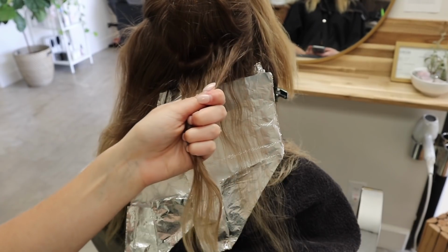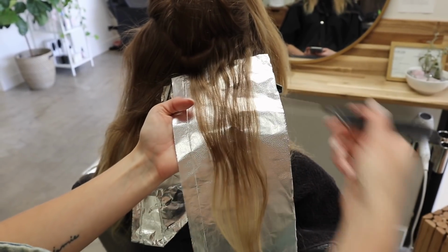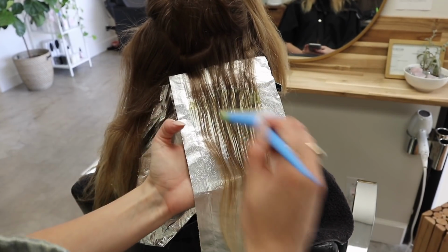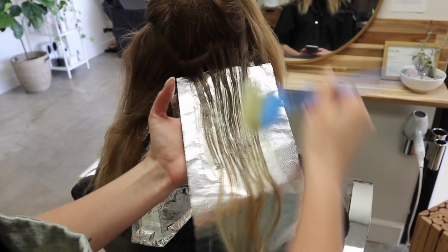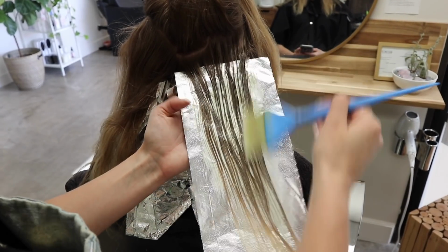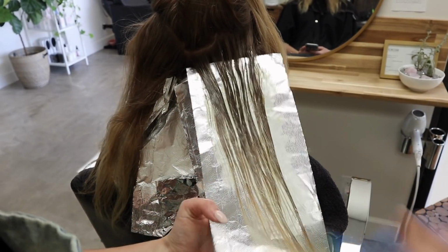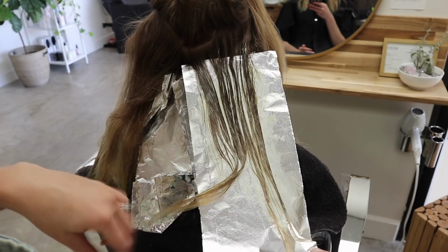Now I'm not going to take this all the way down to the ends because I still want there to be brightness on her ends. You guys can see there's just a little bit of warmth in there, and she wants to be pretty ashy, so I'm going to make sure to get rid of that warmth. I'm using Colorants 7NA from Goldwell, and I'm just going to feather it down into here. I'm not going to, again, do it all the way through the ends, but this is just going to give us a little bit of dimension inside, a little bit more ashy dimension versus what we have going on right now. We'll pull this off to the side,